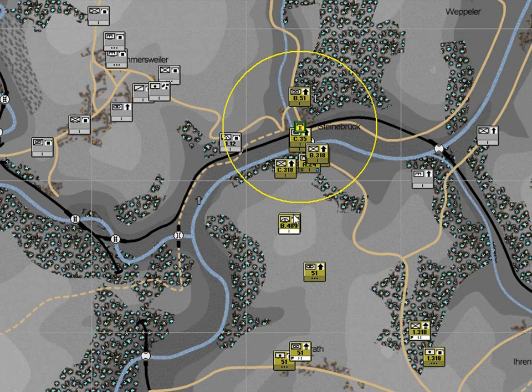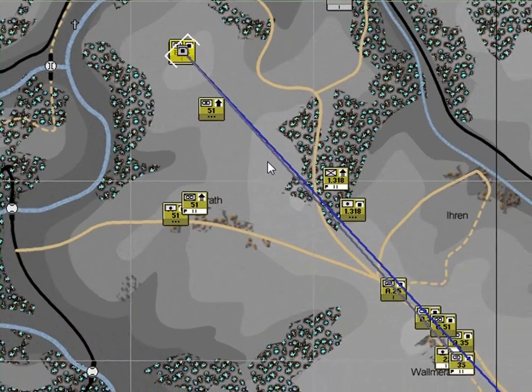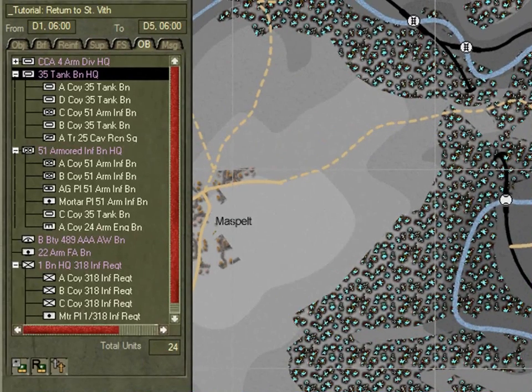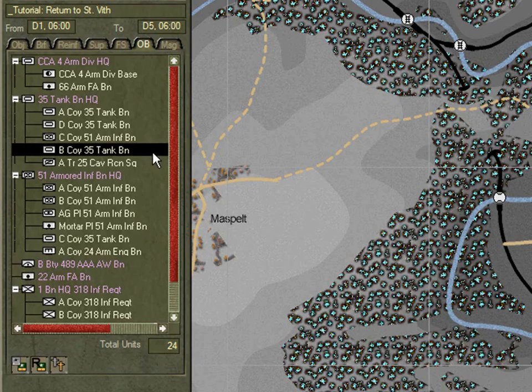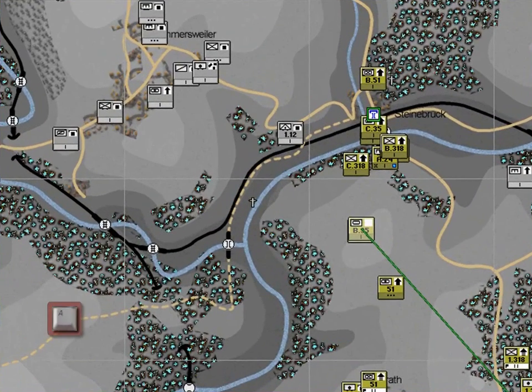First things first though, select B Company from the 35th Tank Battalion in our Overwatch group and hit the reattach button. This will reassign it to the 35th Tank Battalion headquarters. If we double click the 35th Tank Battalion, this will open its order of battle display and you can now see B Company is under command. Select 35th Tank Battalion headquarters. We can do that either by clicking on the map over here or by selecting it in the order of battle window. Hit the A key for the attack,